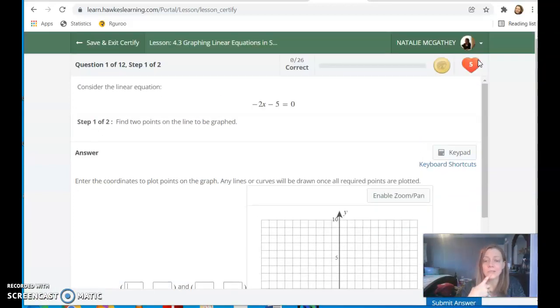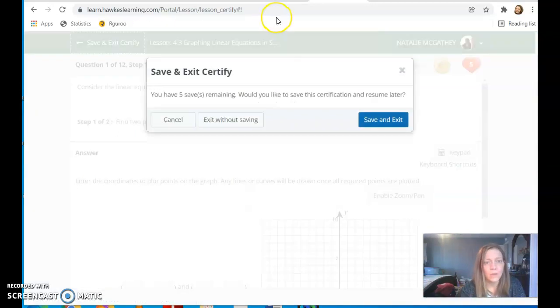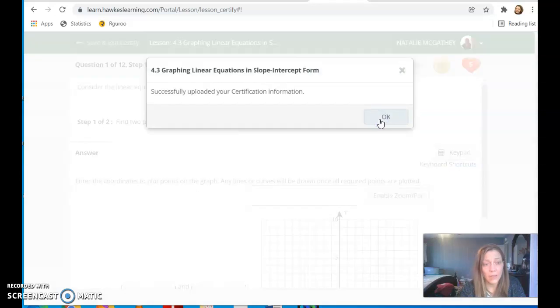What else do I want to say about this? I don't know. The reason that we use this software is to give you immediate feedback and enough practice so that you really can master the material with the help of this software. I don't want you to think of this as like Hawks is in control of your learning. Hawks is just a way to practice what you're learning. Okay. You can always get help from me, help from an actual tutor, a face-to-face tutor, and we can help you with this material. All right, so these are our 2 platforms.